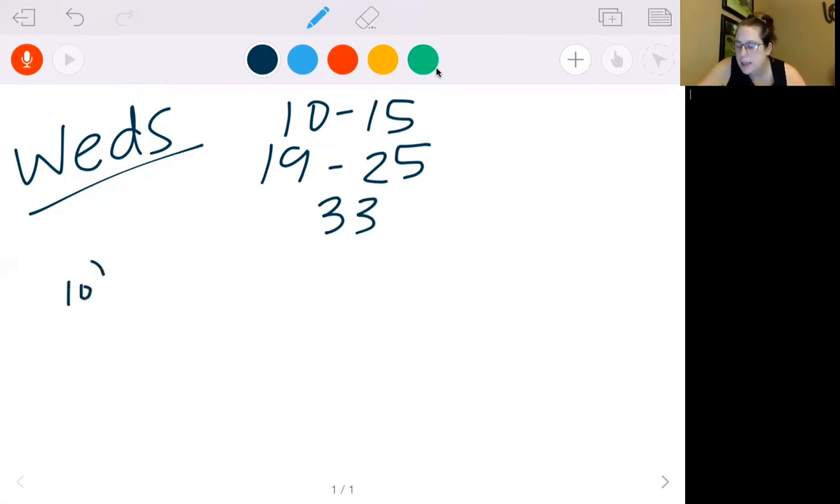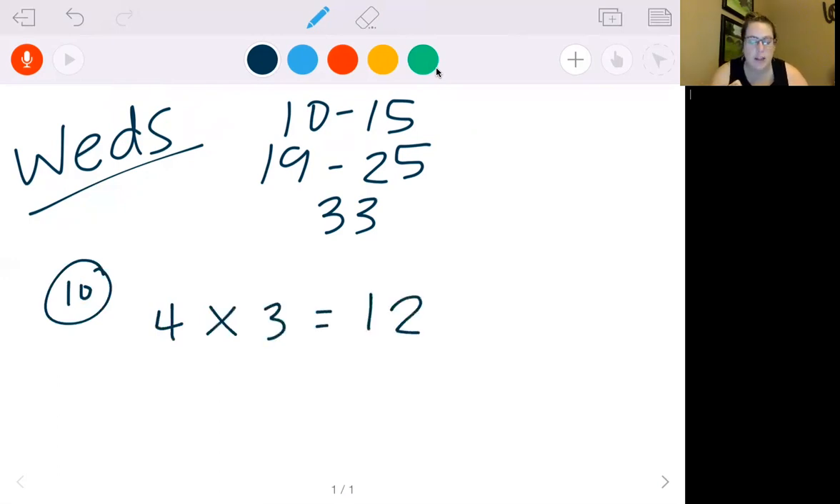For number 10, they give you 4 times 3 equals 12. Then it says, write a related division fact for the multiplication equation. So they gave us multiplication, and we need to write one division. So remember, the bigger number for division has to come first, has to be your dividend. Then we put our division sign, and we can either do 12 divided by 4 equals 3,